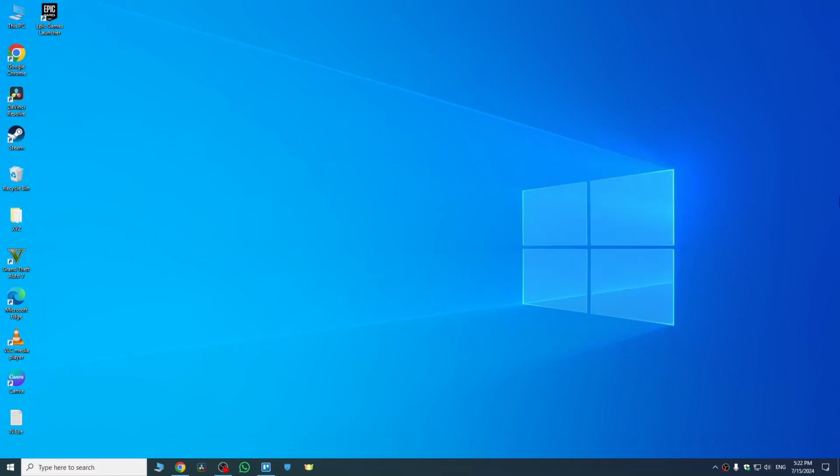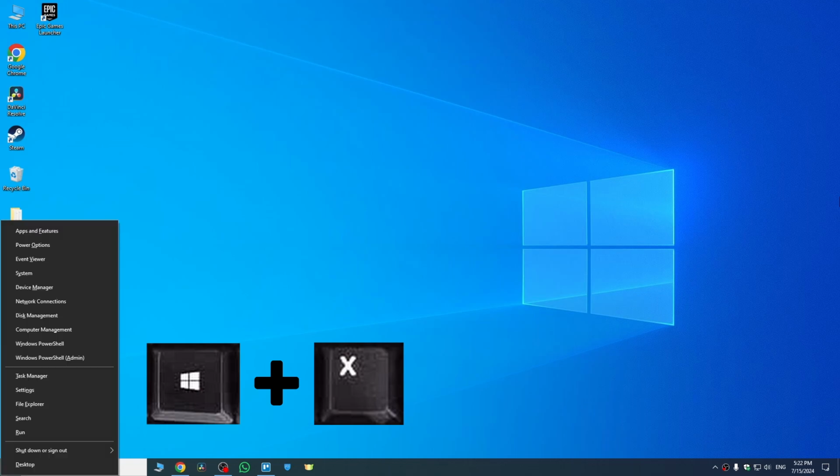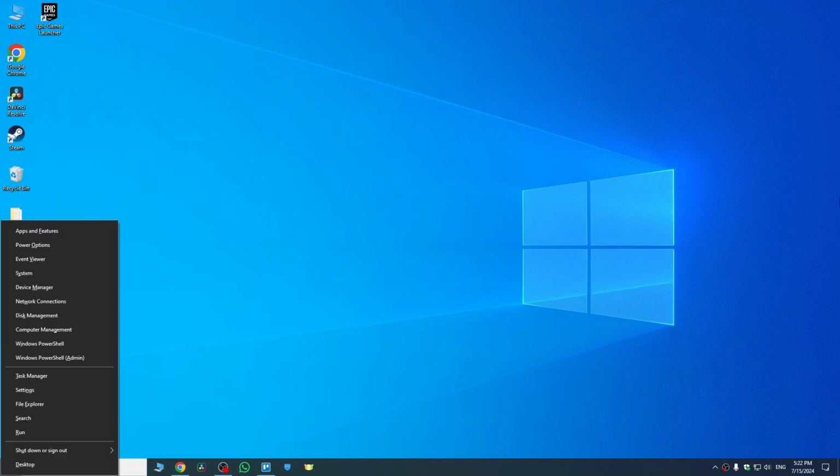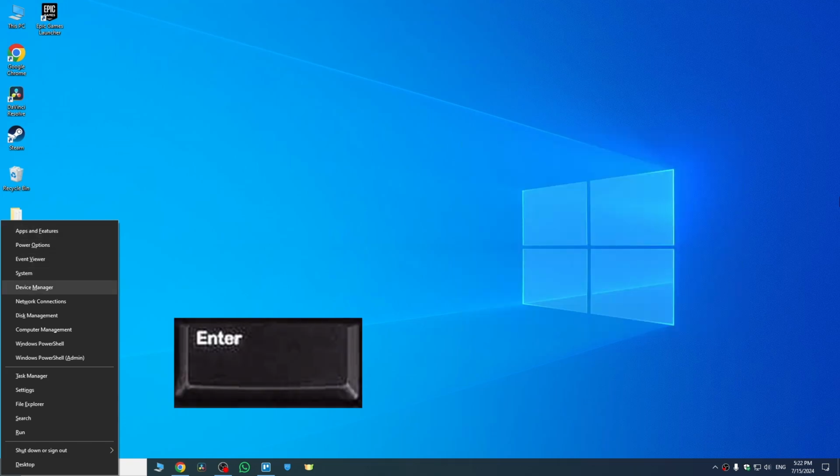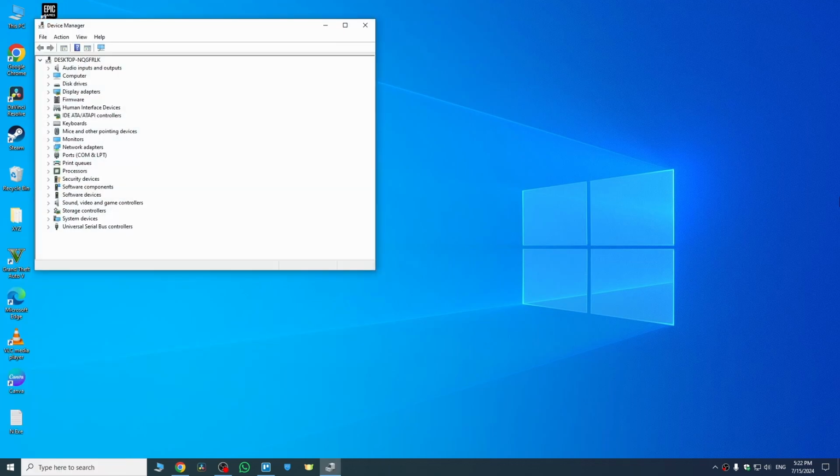So first of all, we need to press Windows plus X to open this window, and once it is open we are going to use our arrow keys. First, press the down arrow key to access the function Device Manager. Just hit enter to open the Device Manager, and once it is open we need to press the tab key to